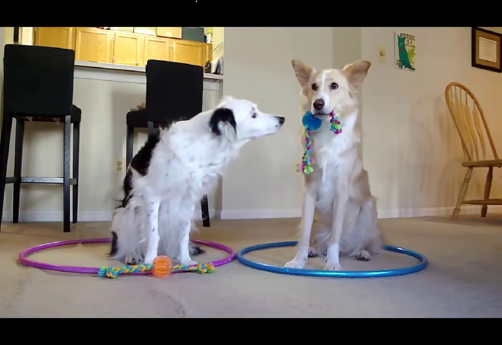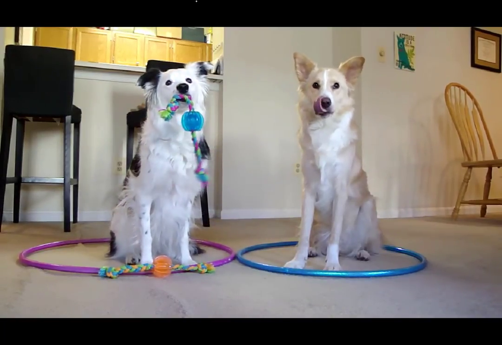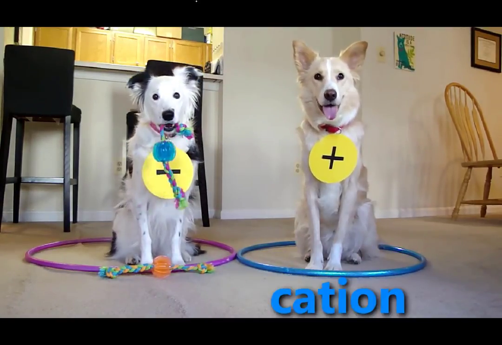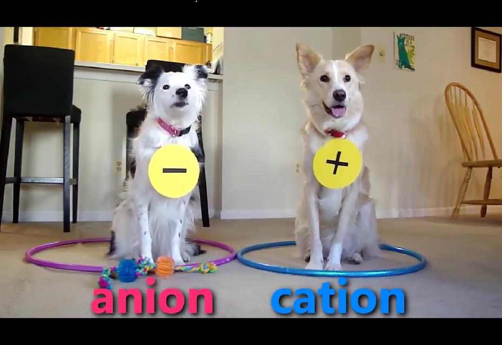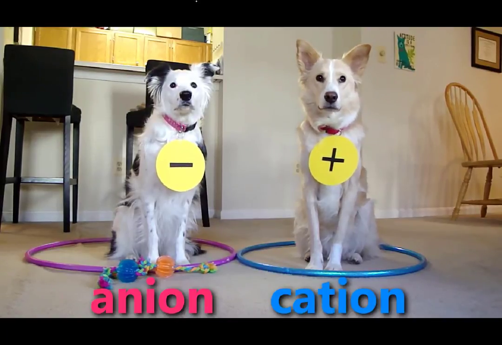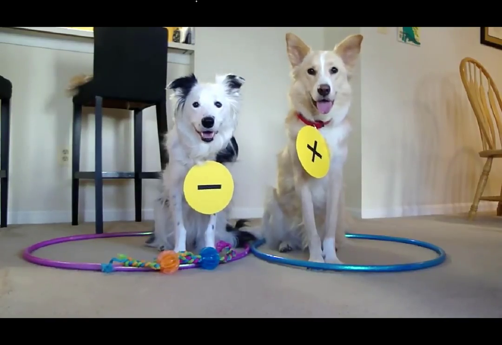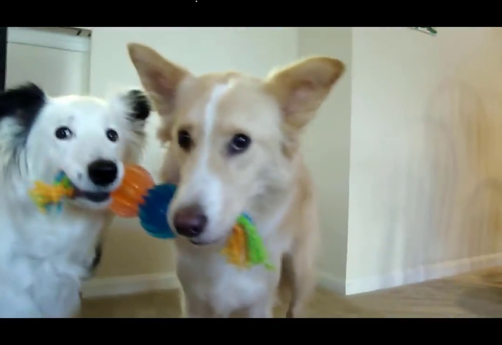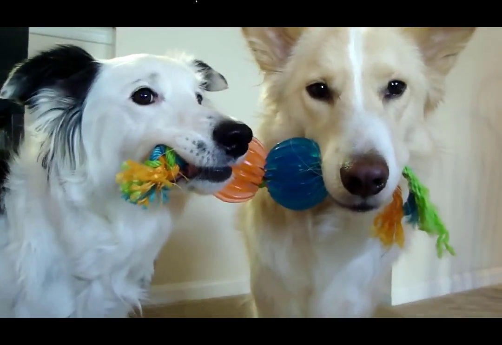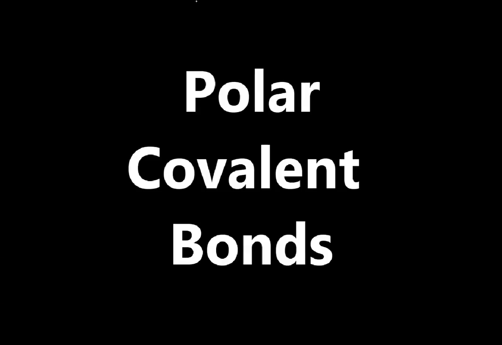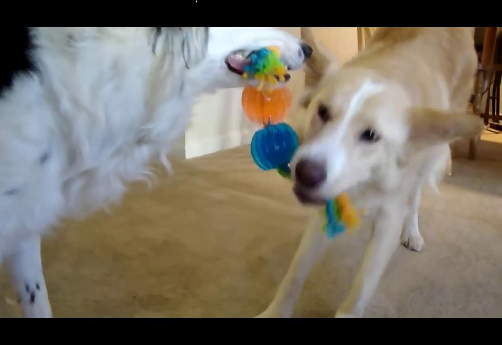An ionic bond is when one of the atoms loses an electron to the other atom. This results in a positively charged ion, called a cation, and a negatively charged ion, called an anion. Not a dog ion. It's a cat ion. And the result is an ionic bond. Covalent chemical bonds involve the sharing of a pair of valence electrons by two atoms. There's also what's called polar covalent bonds. These are covalent bonds in which the sharing of the electron pair